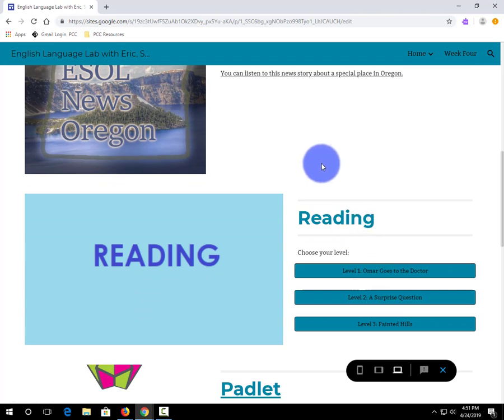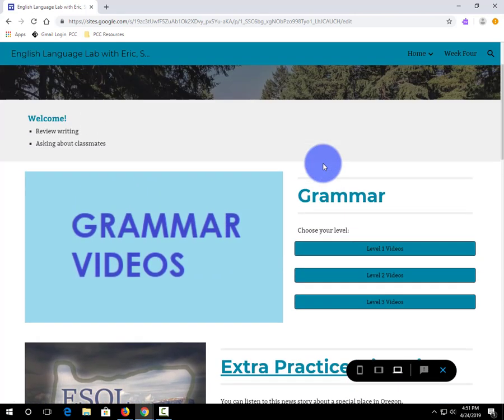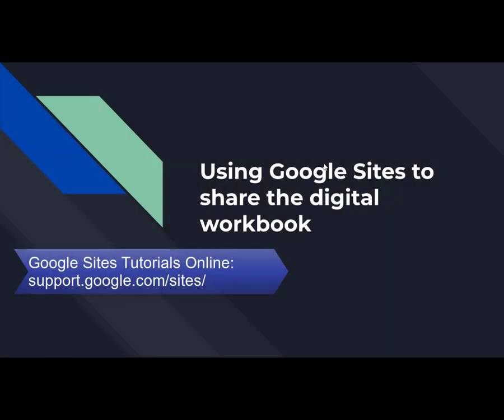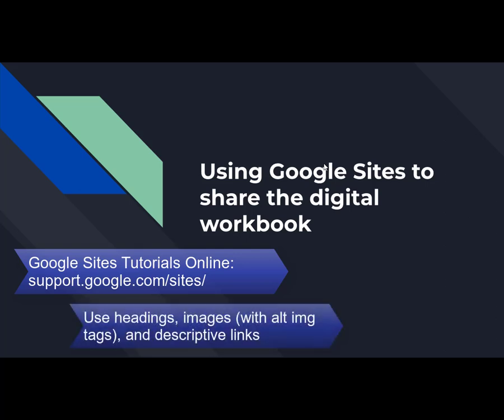So this is one example of making a Google site to help guide students to the content in the workbook. You can find more support from Google and lots of online tutorials if you want to learn more about Google Sites. This process can work in similar ways for other websites and even an LMS at your institution. When you do this, try to use headings and images to guide students, and use descriptive text in your links